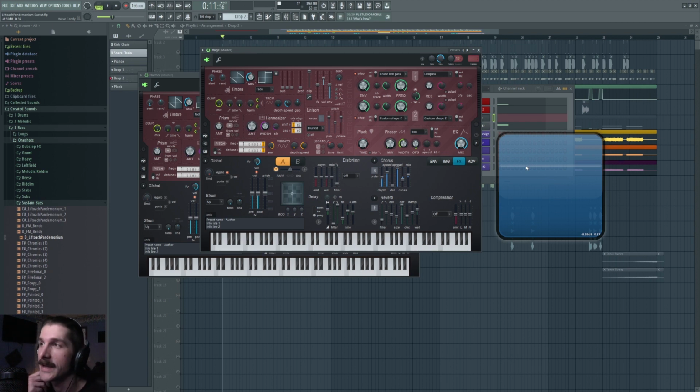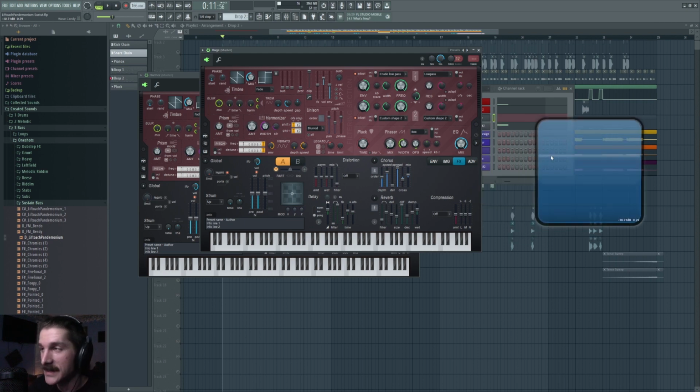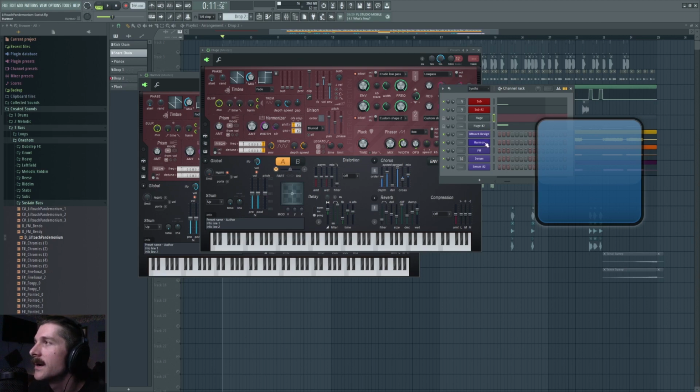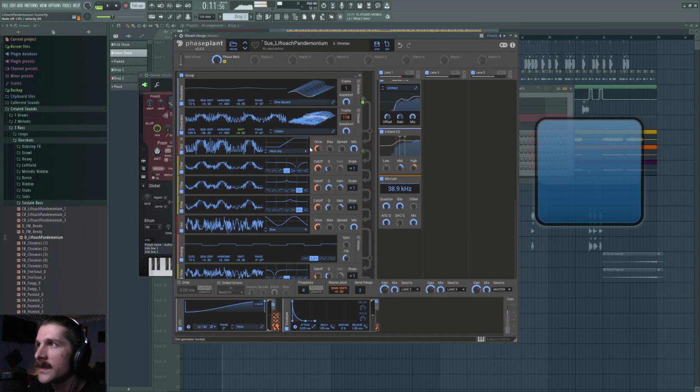Don't ask me why I used Harmor for this. That's just what I did. And the sound, it sounds like that in the track. So that's how exactly I got the sound that I used. If you're just playing it in here, well, I've changed the sound now, but if you were to just play it in there, you would have a